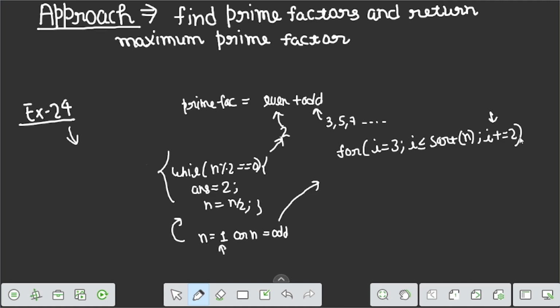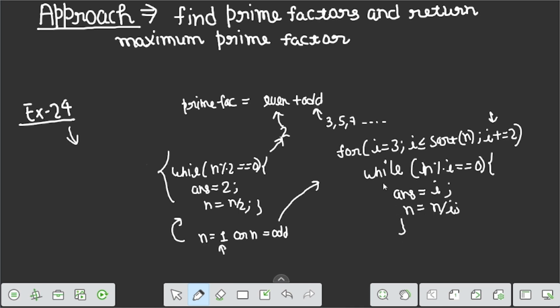Here, for every odd number, we check if n percent i equals 0. If i is a prime factor of n, then we update the answer to that prime factor, which is greater than 2, and update n to n divided by i.